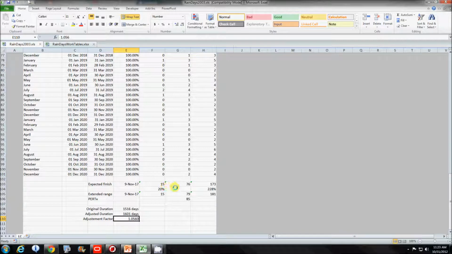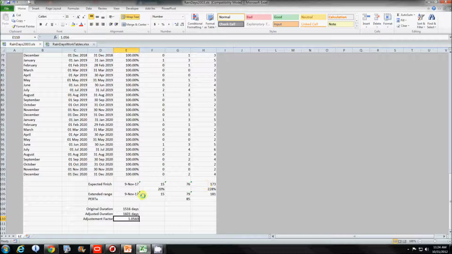If we count up all of the days from essentially the 1st of July of 2013 to the 25th of August of 2017, it's 76 days, with a minimum of 15 and a potential maximum of 173, or what we're using, a P90 of 173.